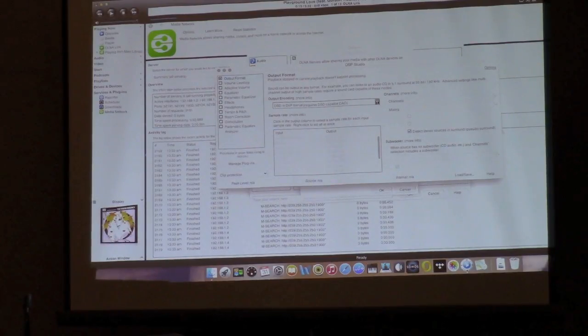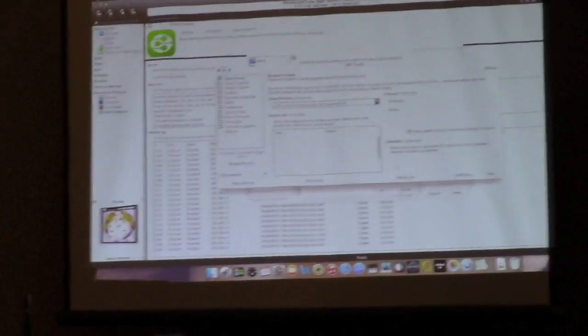Some DACs sound better when they receive a DSD signal versus the traditional PCM signal. They work better at that sampling rate and with that kind of file format. So if you want to, you could tell JRiver to convert everything to DSD. Even if it's 16-bit 44.1 kilohertz, it will upsample it to 2.8 megahertz at 1 bit and send it out as DSD. So it's pretty cool.